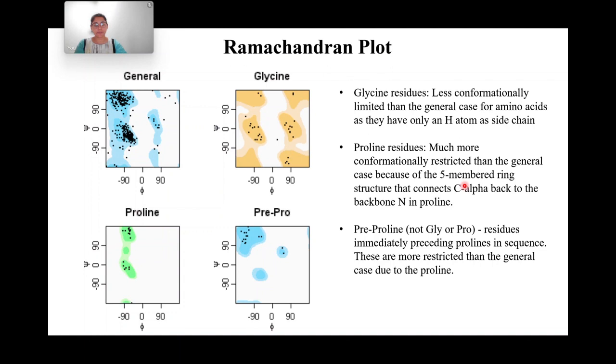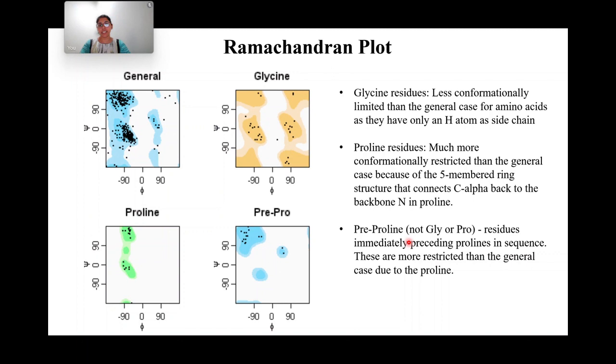Compare this to proline, which has a very restricted range for the possible phi and psi rotation, and this is because proline is cyclic in nature, because of which the structure is very stable. So they are conformationally more restricted than the general case. But then there is something called pre-pro. Pre-pro means residues which are preceding proline, but you don't consider prolines or glycines because they are separate; they have their own